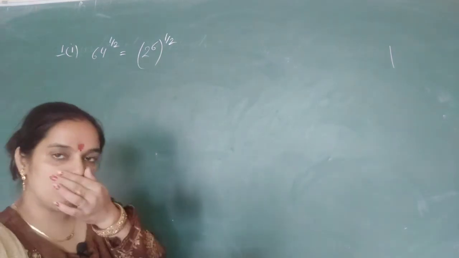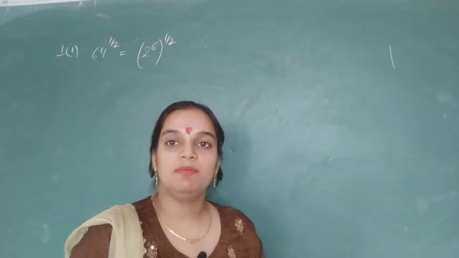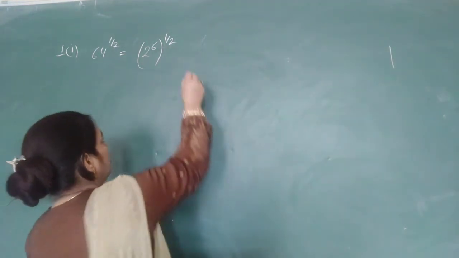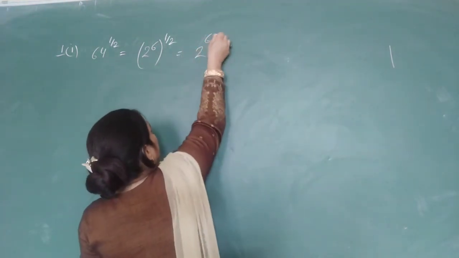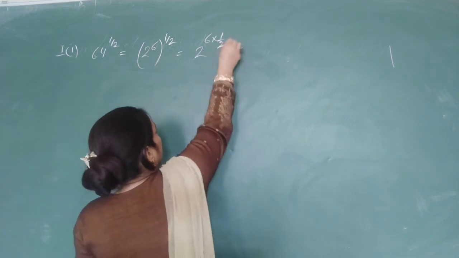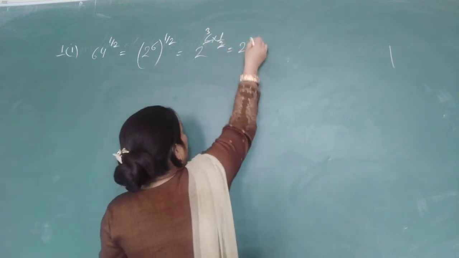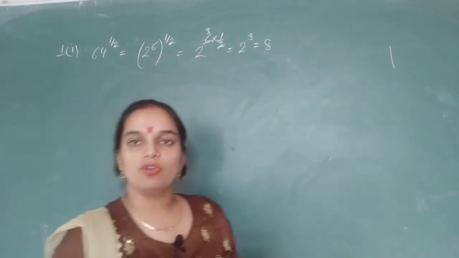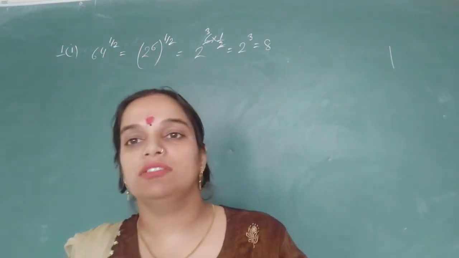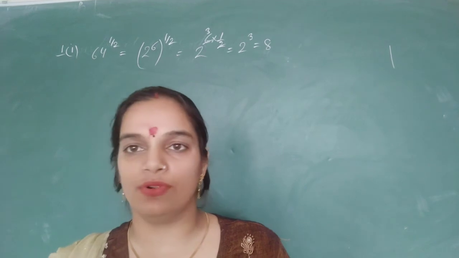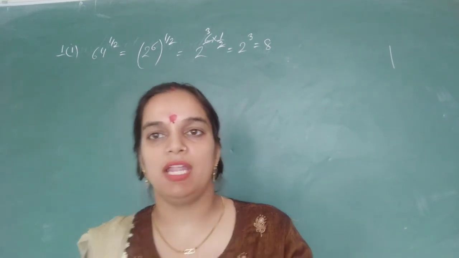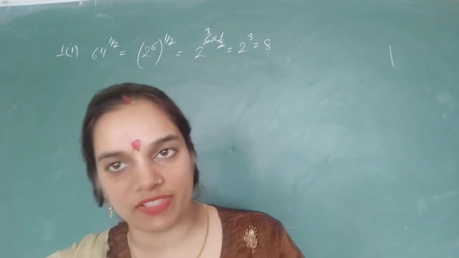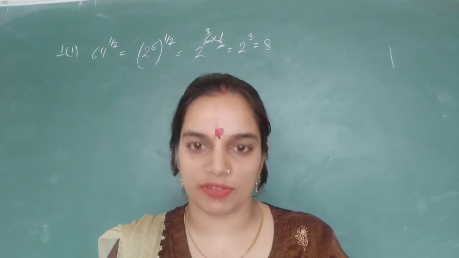Now, according to the law of exponent, here we will multiply both the powers because there is power of power. 6 times 1 by 2 is 3, and the result will be 2 raised to the power 3, that is 8. The meaning of 2 raised to the power 3 is 3 times multiplication of 2: 2 multiply 2 multiply 2, and at last result will be 8. The other parts you will do yourself, same as the first part of question number 1.